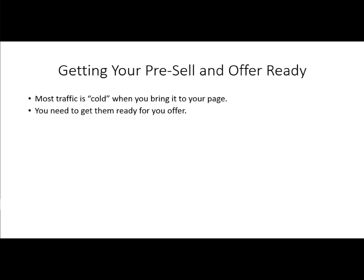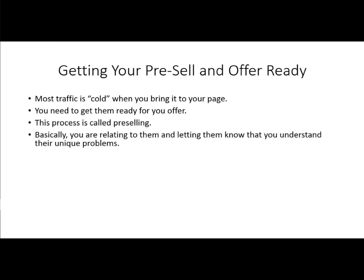And the best way for you to do that, of course, is to do pre-selling. And that's what this process is called. It's called pre-selling. And basically, when you do this, you are really warming them up to the actual offer. And you are going to take one page on your website and you're going to create some content that is going to basically let the person know that's come to your page that you are relating to them, that you understand their problem, because that's going to be the interim stage between them and the actual offer they're going to